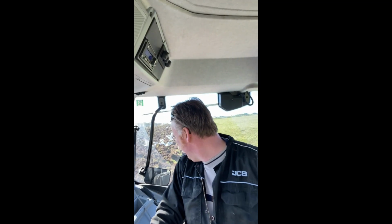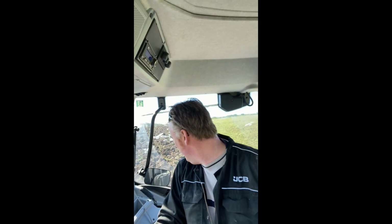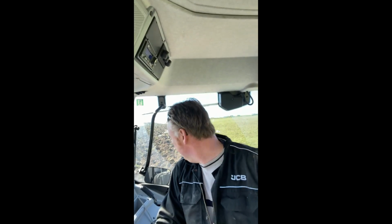Today we're ploughing one of our worst fields, doesn't ever grow anything. Faces north and is usually damp, so we've had a dry couple of weeks, so we're gonna have a go at cultivating it and reseeding it. So behind me, what you can't quite see, is my 10 furrow